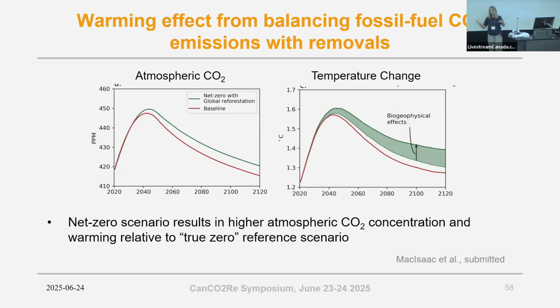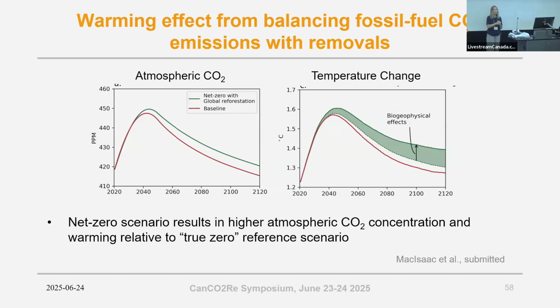So forests are darker than grasslands or crop regions. Also, the roots are shallower, so they're not able to access water in the soil as deeply. And so all of these effects affect temperature as well. And I would say this is quite a significant effect. We see that by the end of the century, we end up with 0.1 and even a little bit more